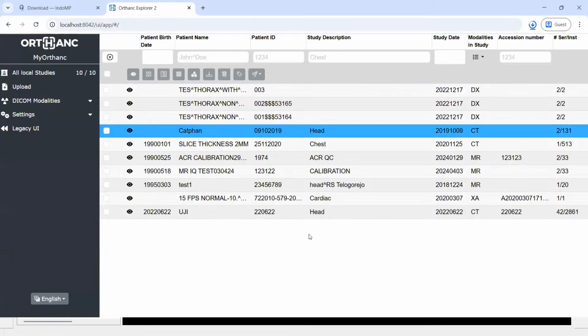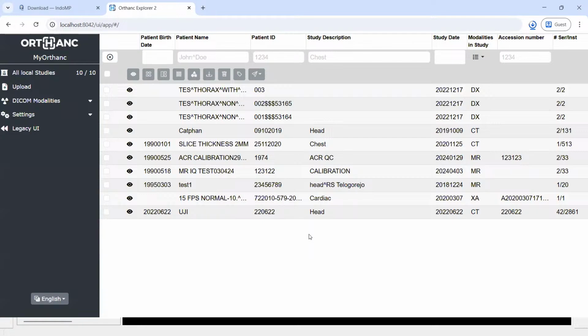Okay, you can see here that the Orthanc server is successfully installed in the local machine. And in this example also, we can see that there are several images that are already uploaded to the server. So this is from different studies. If we inspect one of them, so